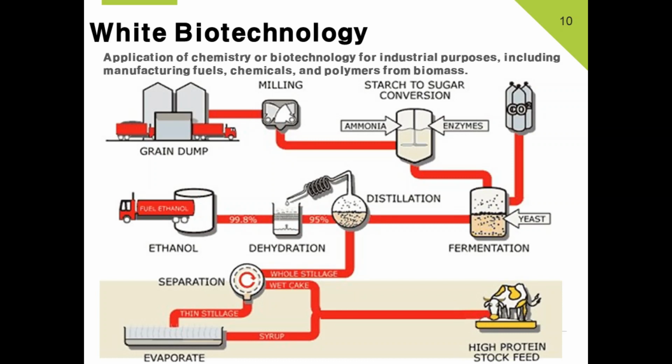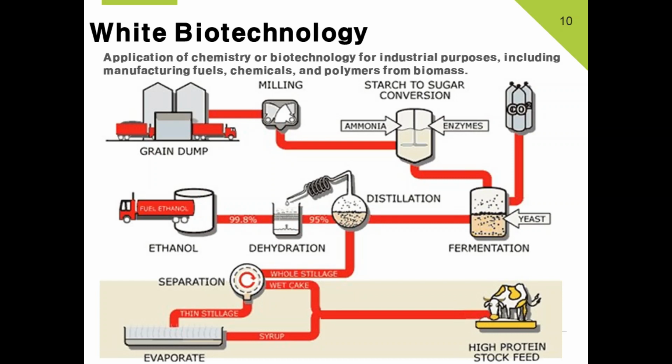Yeast, this can be Saccharomyces cerevisiae or Zymomonas mobilis. I think these two strains are mainly involved in ethanol production. Now, the ethanol produced in this process is still mixed in with the culture medium and cell debris in the fermentation process. So, to get ethanol, it has to be distilled and dehydrated, so purified from the fermentation process.